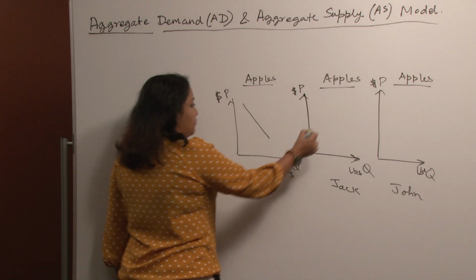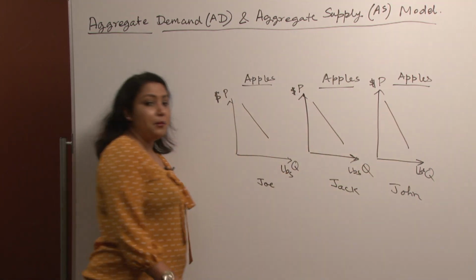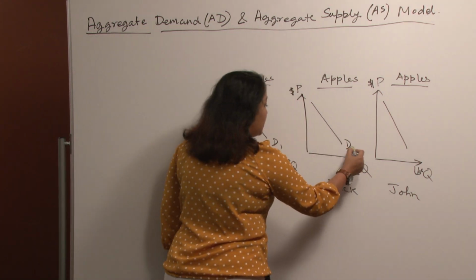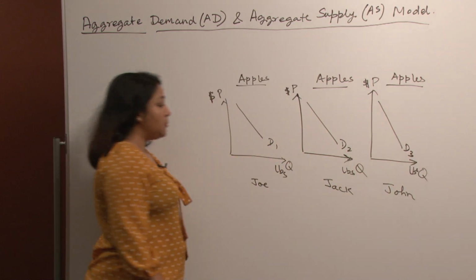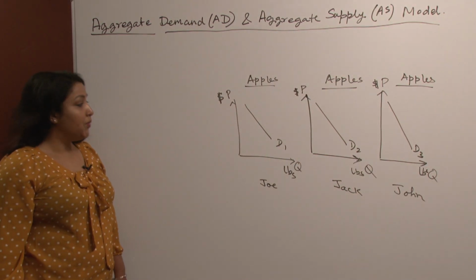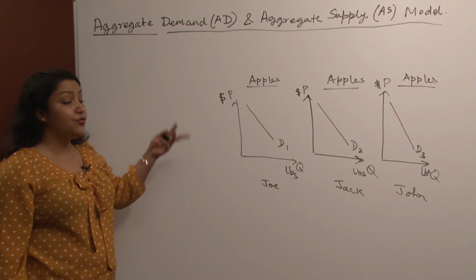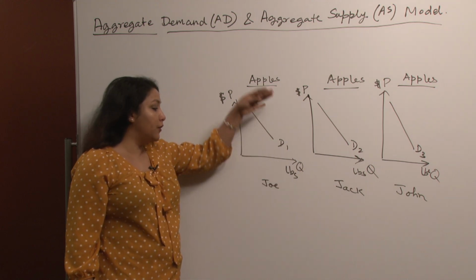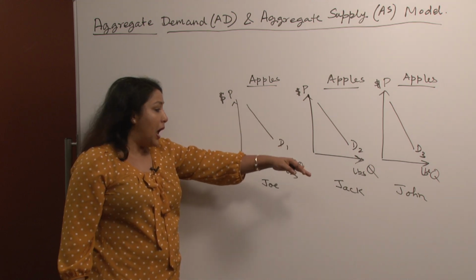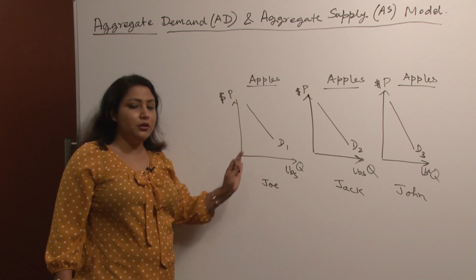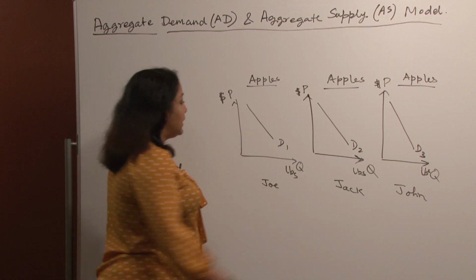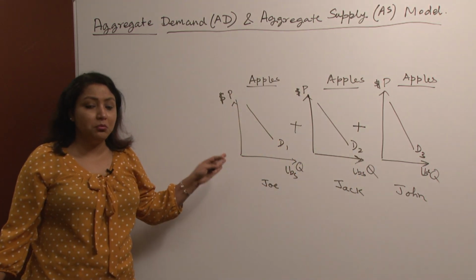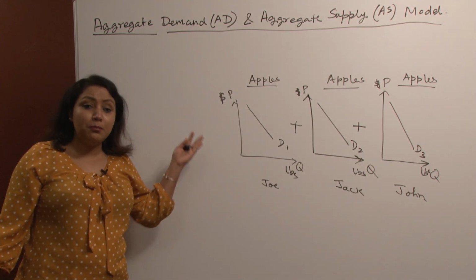So, all 3 of them would have downward sloping demand curves, and these demand curves, let us call them D1, D2 and D3. So, these demand curves D1, D2, D3 would be the individual demand curves for the good apples for these 3 individuals. So, D1 is Joe's demand curve for apples, D2 is for Jack and D3 is for John. So, that is their individual demand curves. And then we had said that if we horizontally sum these up, and I am not going into the details of horizontal summation because I already did in the demand supply chapter,